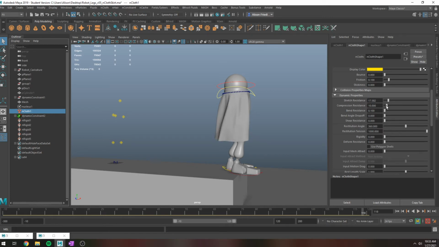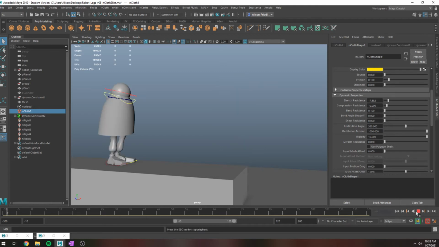So I think maybe what it needs is just a little bit more something here. Let's make it a little bit more rigid and see what happens. Actually, let's make it extremely rigid. If I'm ever trying to figure out what a setting does, I just max the setting out. Let's do it. So this probably would help a little bit, because this is obviously very much overdone. This looks insane, but